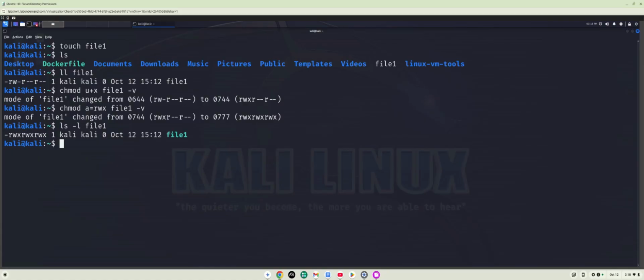So let's say that we wanted to take some permissions away, right? Let's say, okay, we came upon this document and it was determined that, hey, this file has way too many permissions, and everybody just needs to have read-only permissions due to the sensitivity of this file. All right, so the way that we would take things back to just read-only for everybody is we would do